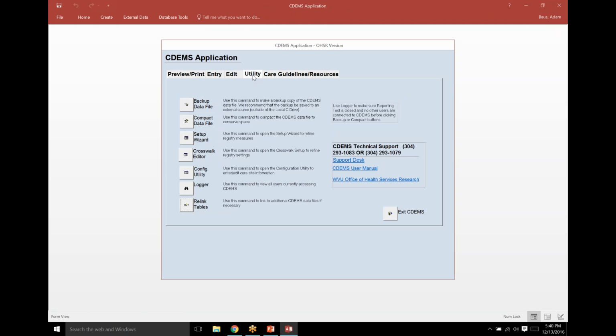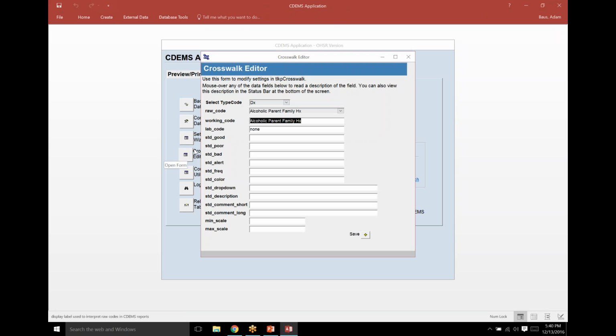Back to the utility tab. This one is in the crosswalk editor, so right below the setup wizard. The first thing you do, the way this is organized, it's all organized by type of data. So if we were looking at foot check, for example, and that's a service in CDEMS, we can look at the service,